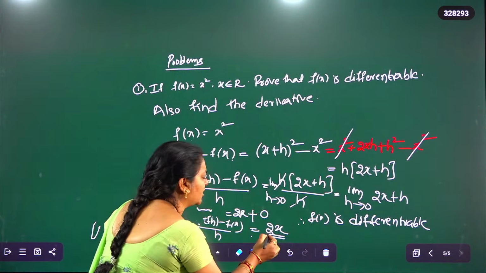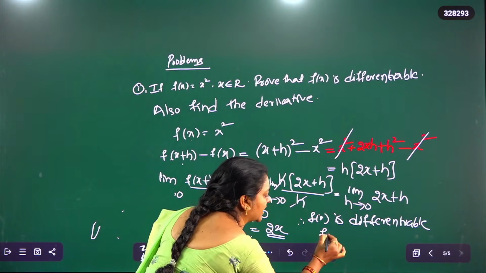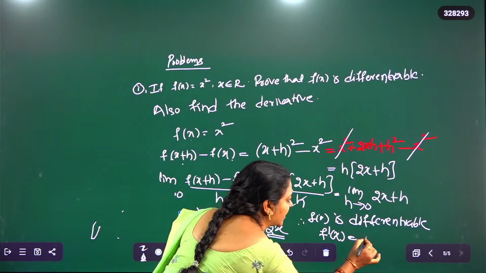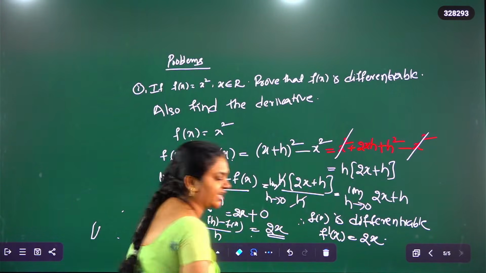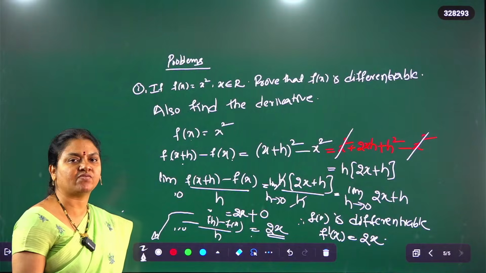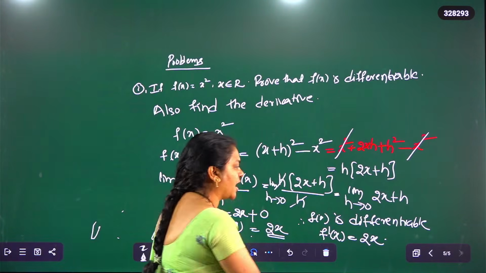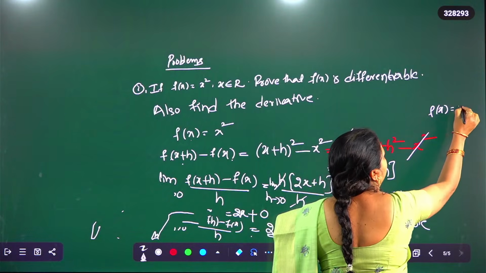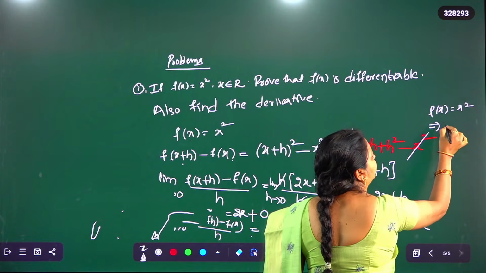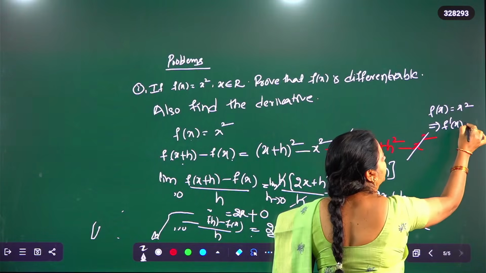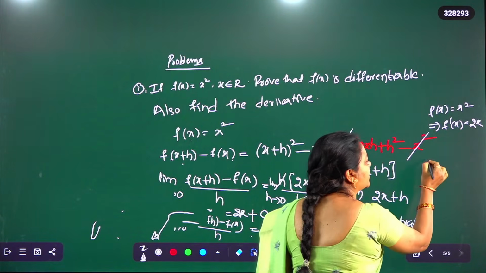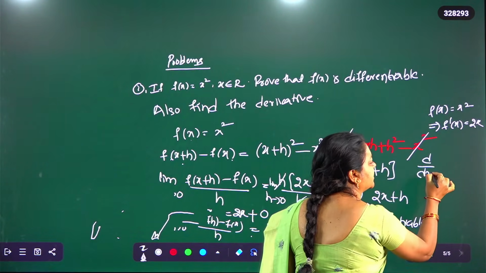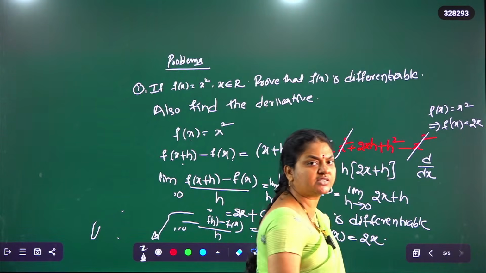And what we got is 2x. That will become our f dash x. F dash x is equal to 2x. Now, f of x is x square, and we got f dash x is equal to 2x. In other words, because it is a derivation, as we already discussed, we denote it with